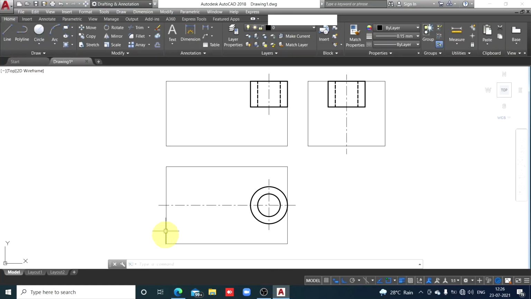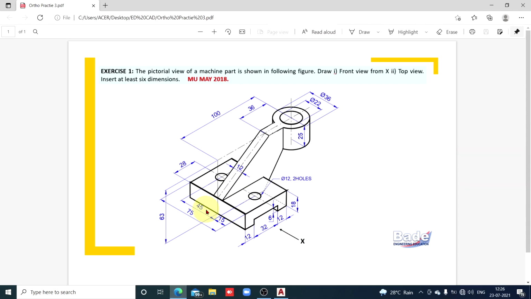So 75 width we have already measured. Also check that it is on the left side. Measure 75 parallel to width in the top view, width vertical, and length 56 in the top view horizontal. And this rectangular block is on the left side of the object. Left side rectangular block, extreme right side, it is cylinder here. Okay, cylinder we have already completed.